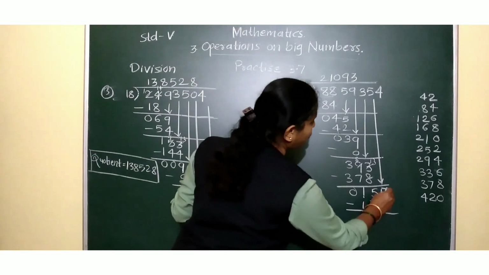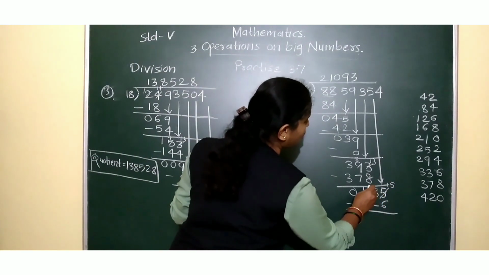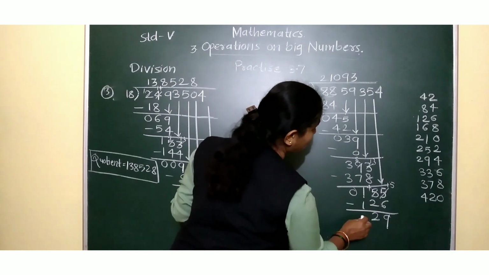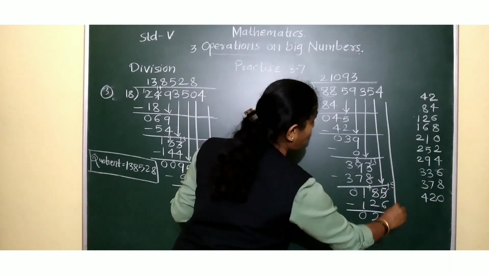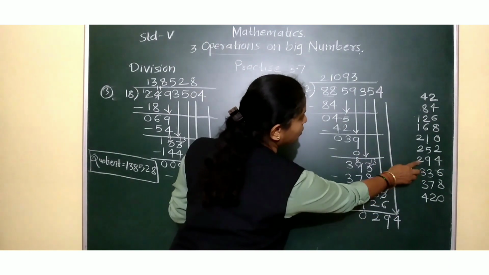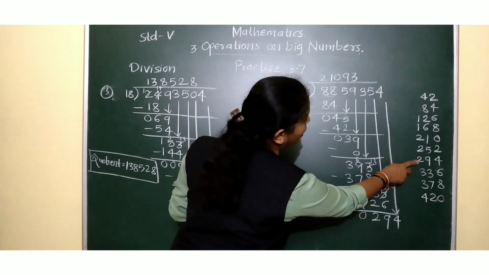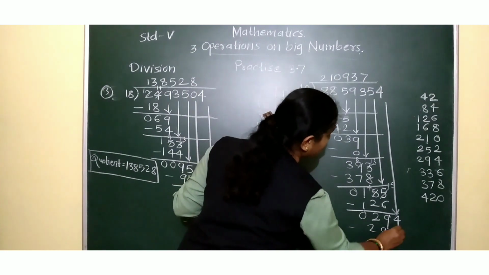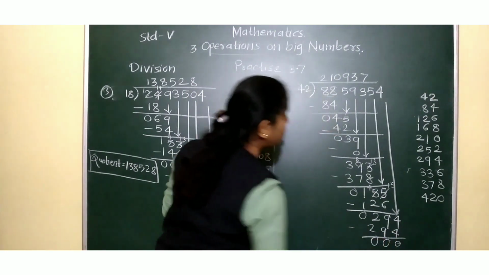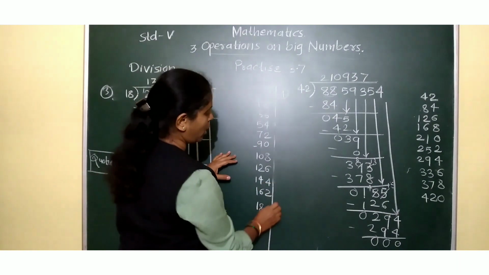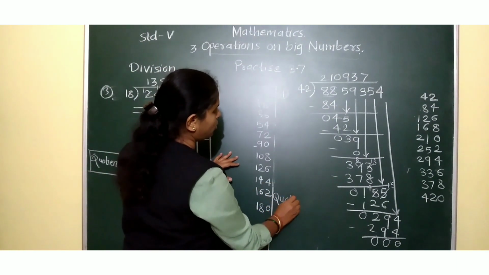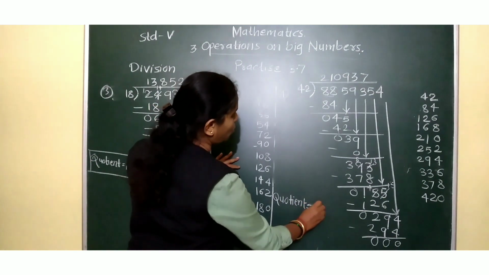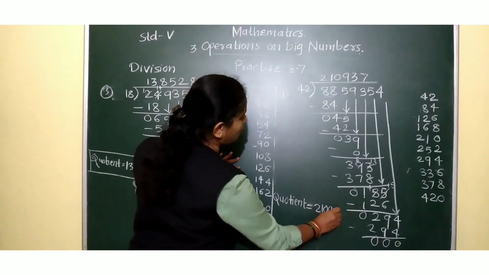Okay. Now here 15. Cut this 4. 15 minus 6 is 9. 4 minus 2 is 2. And 0. Now the last digit 4 we have to take. So here 42 sevens are 294. Now see, 0 0 0. Okay. So the quotient we have to write down. The quotient of this question is 210937.